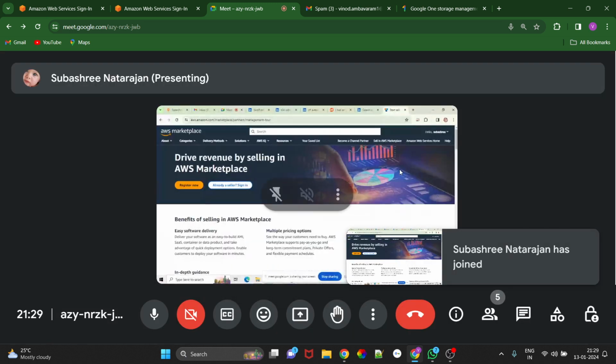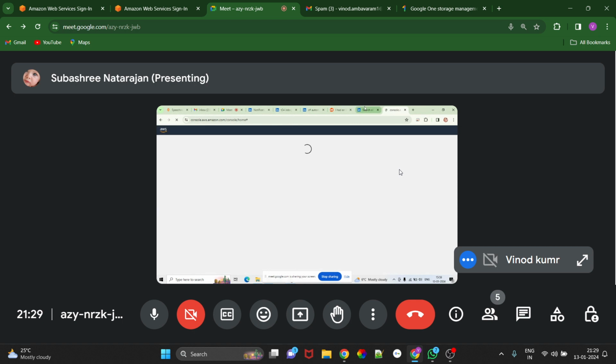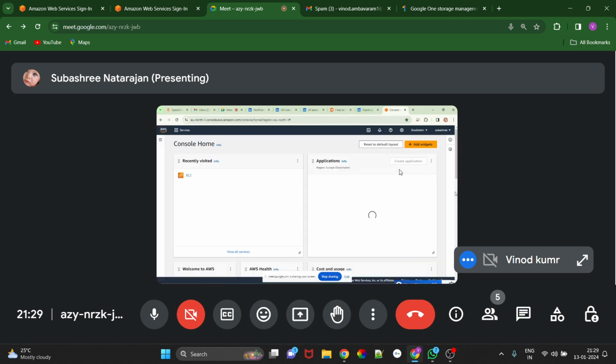Okay. So here you have to log into the AWS console. On your username, you can click and go to the console. So this is the entire UI.